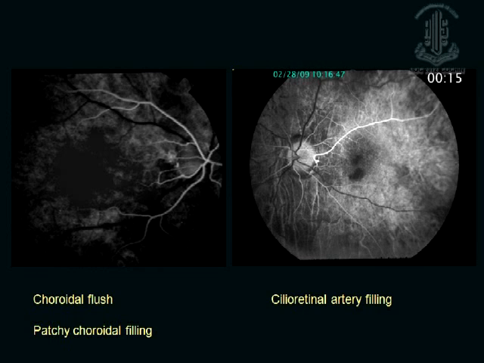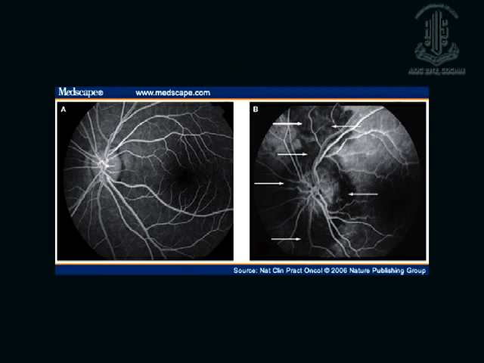If there's a cilioretinal artery, it fills up at this particular phase of the fluorescein angiogram. This is an example of a patient with posterior ciliary artery occlusion, where you can see a persistence of the choroidal non-filling even in the mid AV phase or late AV phase. So this indicates a pathological status. There are some cases where you can have this normal non-filling for a little stage up to the early AV phase that you have to differentiate from this abnormal status.